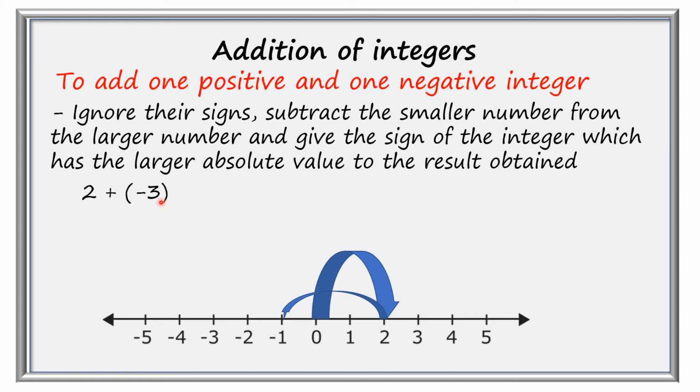So theoretically you can do it in a very simple manner. Just do 3 minus 2. And what is your answer? 1, and put the sign of minus. Why? Because 3 is greater than 2. The absolute value of minus 3 is 3 and the absolute value of 2 is 2. And which absolute value is greater? Yes, minus 3. It means we will put the sign of minus here.